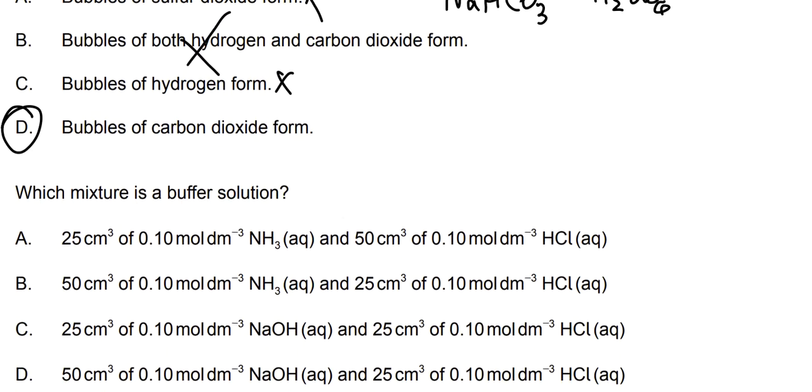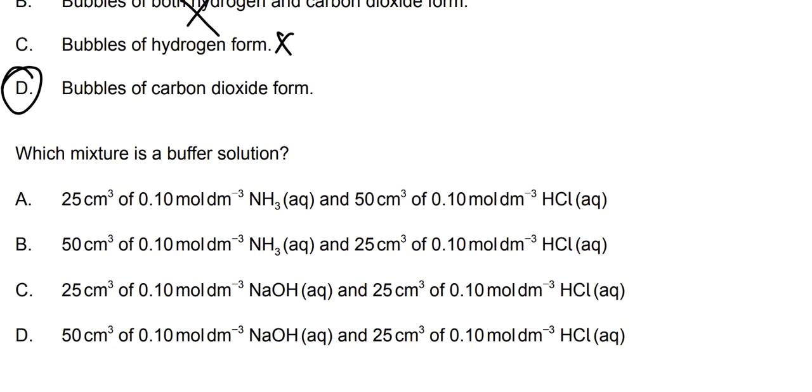Which mixture is a buffer solution? For a buffer to exist, we need partial neutralization of a weak acid or base with a strong complementary substance. So if we have an acid, we need a base. If we have a base, we need an acid. So first of all, let's identify the weak and strong components. Let's eliminate options C and D because we have a strong base and a strong acid, and those cannot form buffers at all. Here we have a weak base, ammonia, and a strong acid,